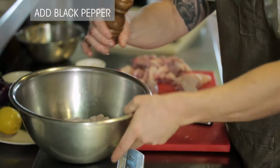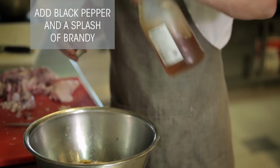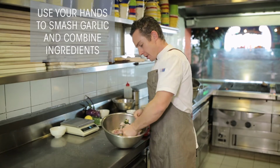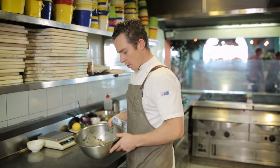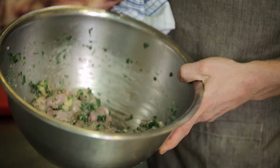A little bit of black pepper. So now I just need a little splash of brandy, and this is where you get your hand involved. I'm going to smash up those garlic cloves in my hand. I'm going to massage that meat, and I'm going to whip it around. Okay, so we've got the mix all ready to go, and now it's basically just filling the skin,